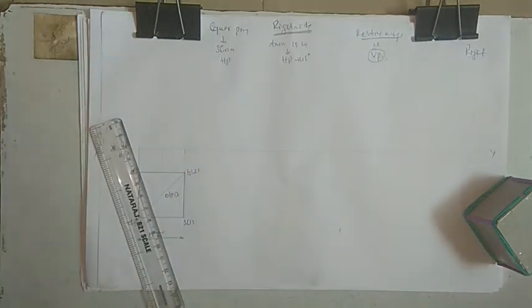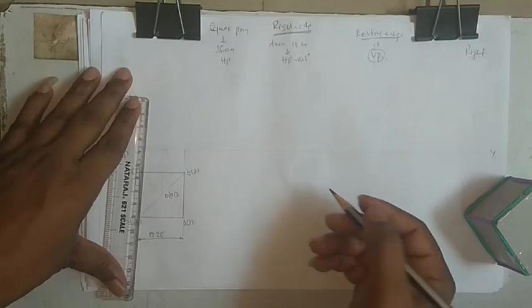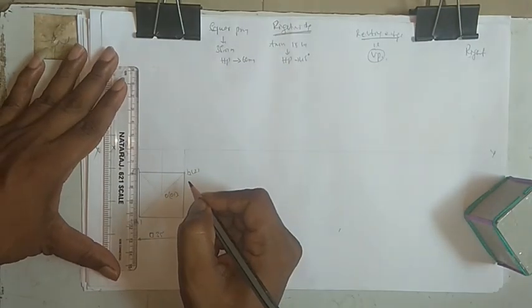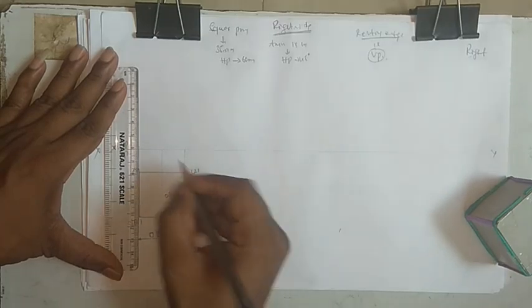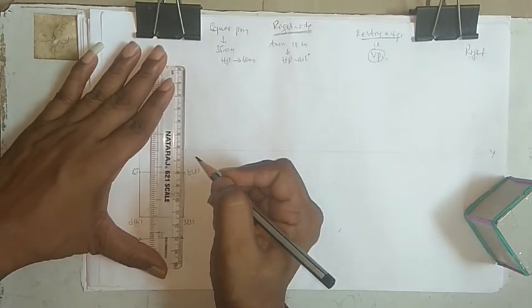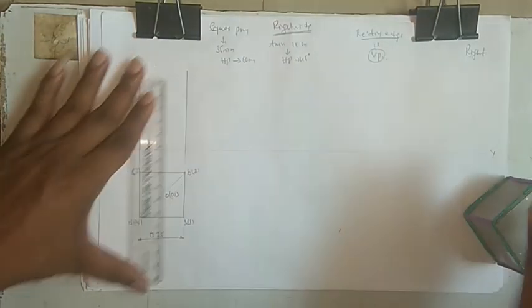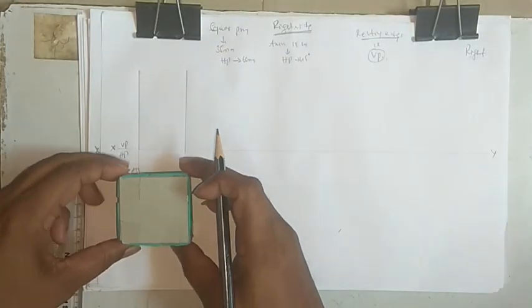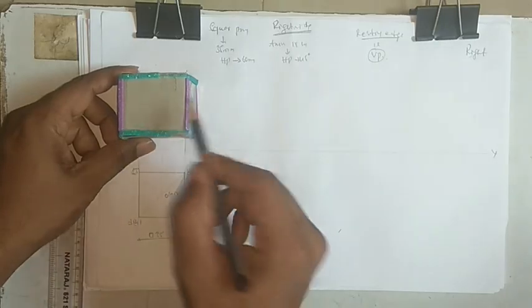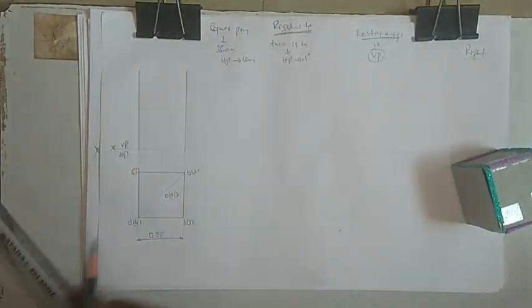So now it's 60 mm. The axis length is 60 mm. So you need to take 60 mm from each point above the XY line, 1 and 2. So it was like this, and now it is looking like this. You can see these pink lines, 2 lines, and at the center we have the axis.